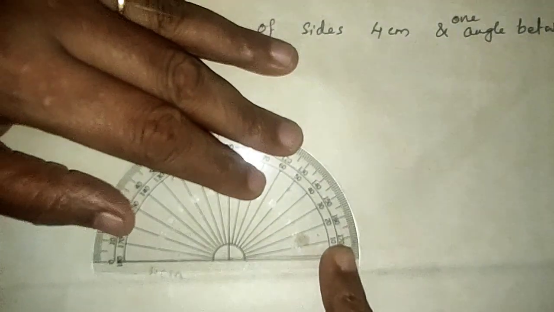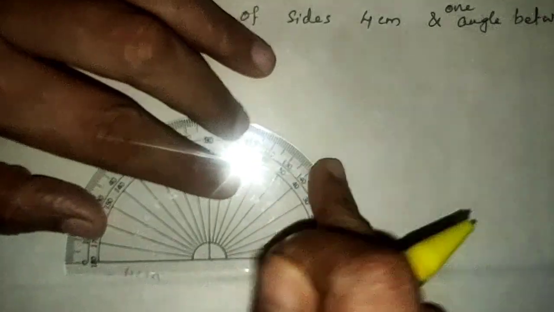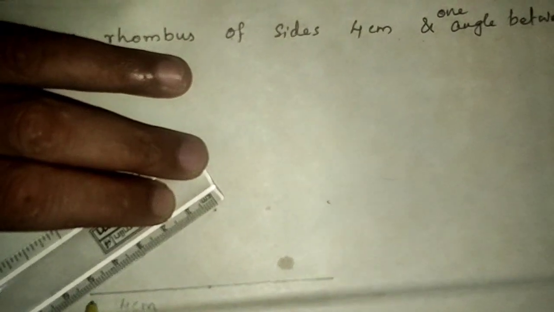Then see children, what will be this angle? If we draw a side here, what will be that angle? That angle is equal to 150 degree. Okay, then what about this angle? That angle is also equal to 30 degree. 150, 30. We know that in a line, the sum of angles, if we draw another line, the sum of angles is equal to 180 degree. So here also I am going to measure 30 degree. Okay, 30 degree. So next is, here I am going to draw this line.